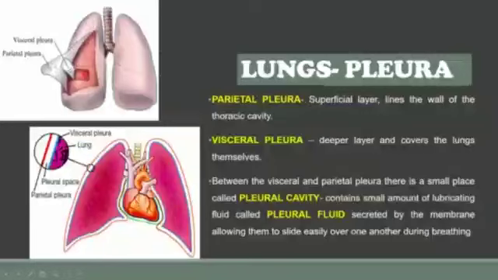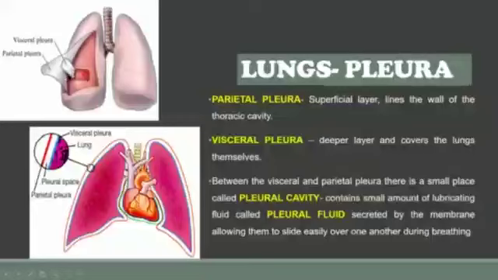On the other hand, the second layer or the inner layer you call the visceral pleura. The term viscera means all the major organs like heart, stomach, the innermost organs, you call them visceral organs. Hence the name visceral pleura, because this layer comes directly in contact with the lung tissue. Now there is a space existing between these two pleura called the pleural space.